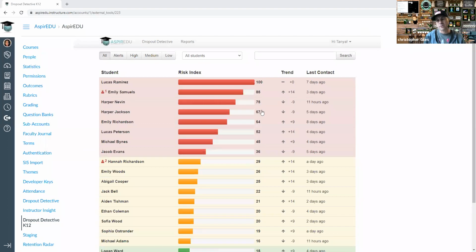And just a couple clarifying things. This session is specifically geared to a very specific group of folks at each school. You have to have the Canvas admin button in order to have access to Dropout Detective. Some of you don't have that button yet, but you went to the training. So just to clarify, you need to have the Canvas admin button to access Dropout Detective, but you also